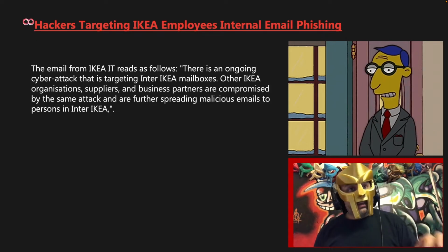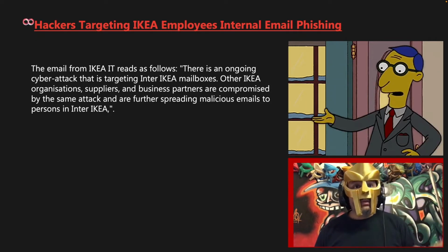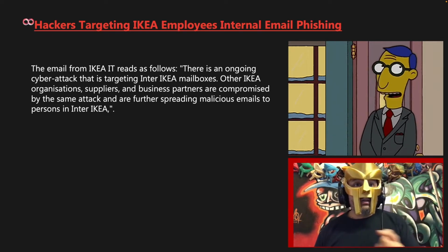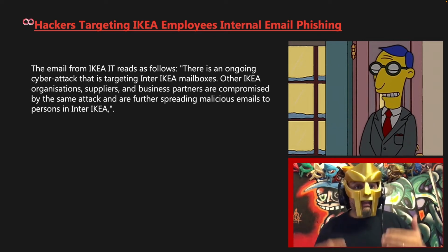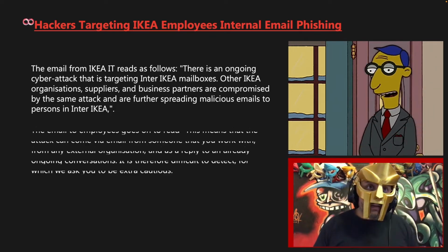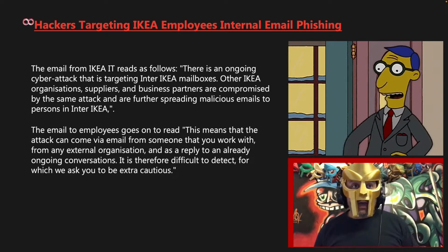The email from Ikea IT warning employees about this attack reads as follows. There's an ongoing cyber attack that is targeting internal Ikea mailboxes. Other Ikea organizations, suppliers, and business partners are compromised by the same attack and are further spreading malicious emails to persons inside Ikea. The email to employees goes on to read,